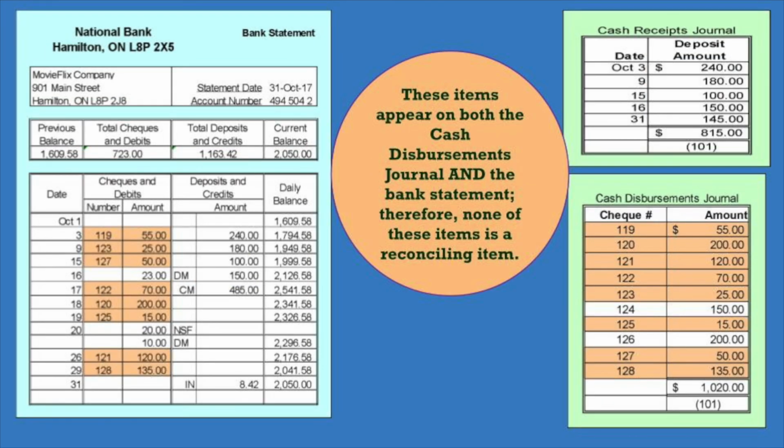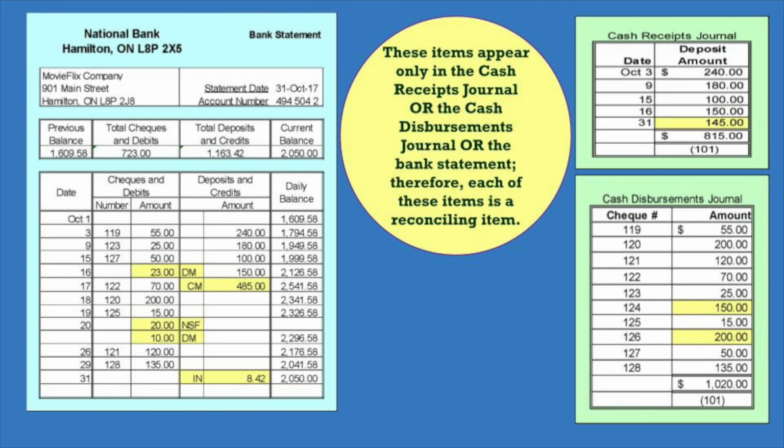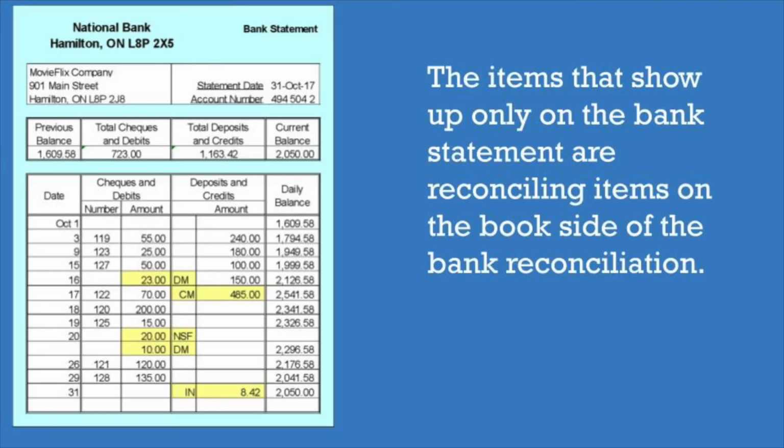If we look at our bank statement, these items appear on both the cash disbursements journal and the bank statement. Therefore, none of these items need to be reconciled. They're in both. However, some of these only appear in the cash receipts journal, the cash disbursements journal, or the bank statement. Therefore, each of these needs to be reconciled. The ones in yellow here are the ones that do not occur on the other statement. So if it's in the cash disbursements or cash receipts, it is not on the bank statement, and vice versa. The items that show up only on the bank statement are reconciled items on the book side